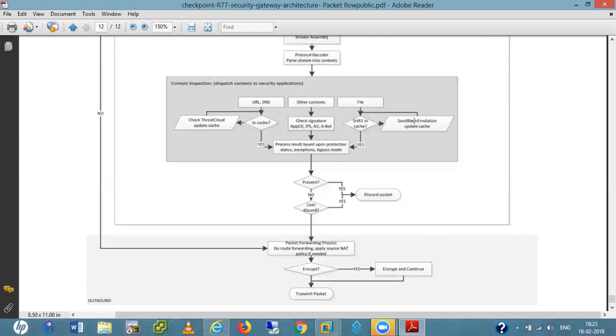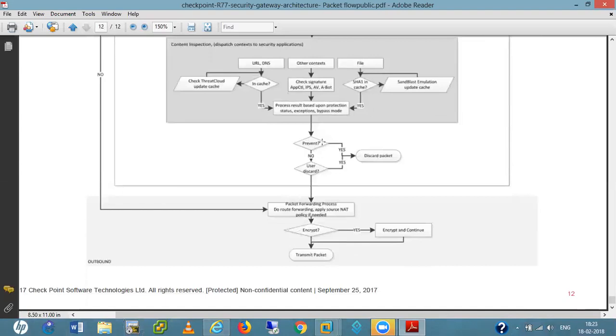The same thing applies for files only. Another check is signatures: application control, IPS, antivirus, and anti-bot. It checks the signatures for them and processes the result based upon the protection status, exceptions, and bypass mode. Now it takes the action according to these matches.